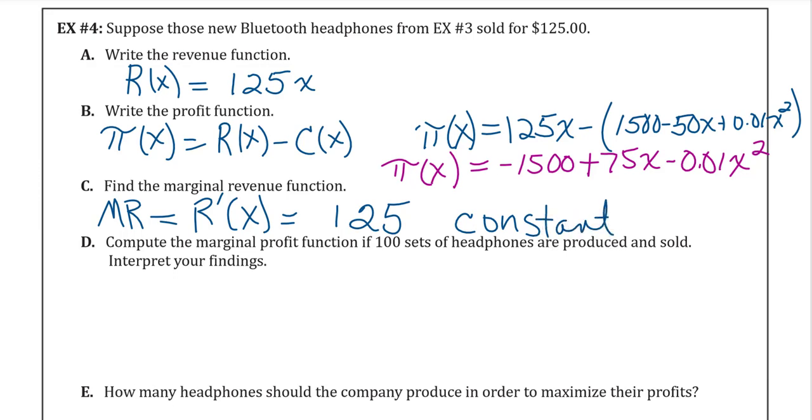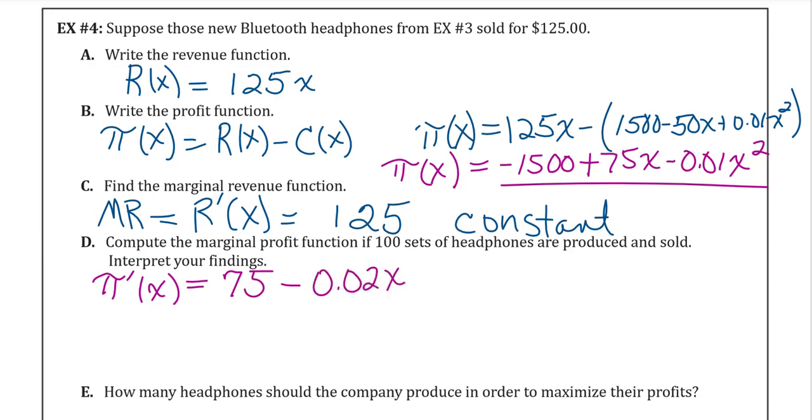So we're supposed to compute the marginal profit function if 100 sets of headphones are produced and sold, and interpret our function. So if we want marginal profit, again, when we're using that word marginal, we're going to use the derivative. So we're looking for pi prime of x. So when we take the derivative of our profit function, we're going to get 75 minus